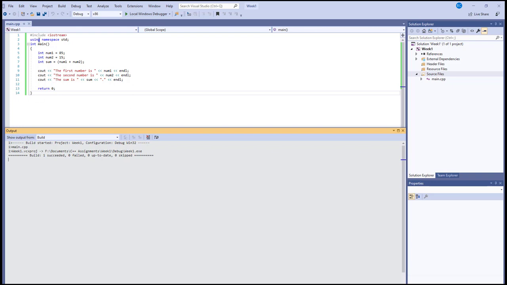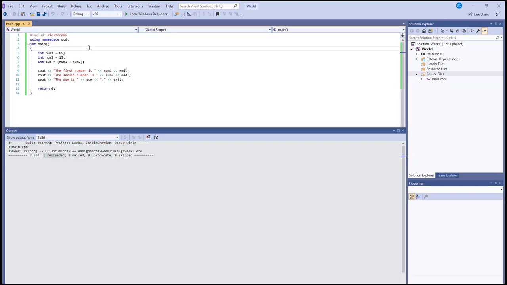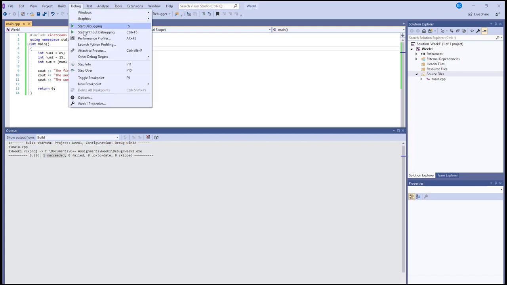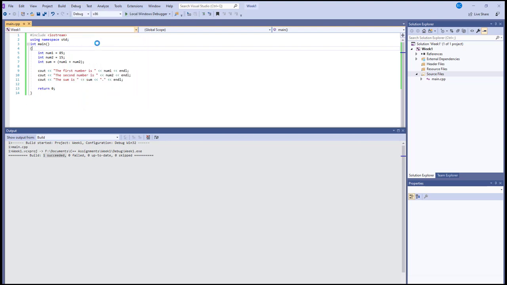Okay, so our code has 0 errors because we see that the 1 is placed next to the word succeeded. Now we want to test our code to see what the output is. We want to see if the first number and the second number actually are displayed and if the value is calculated correctly. So to do that, select Debug, Start Without Debugging,